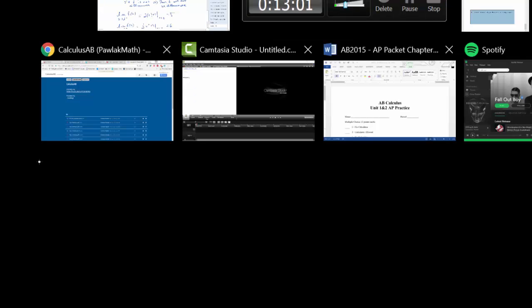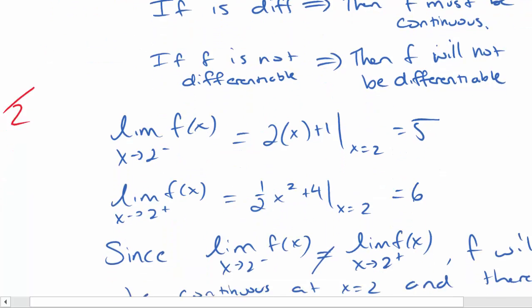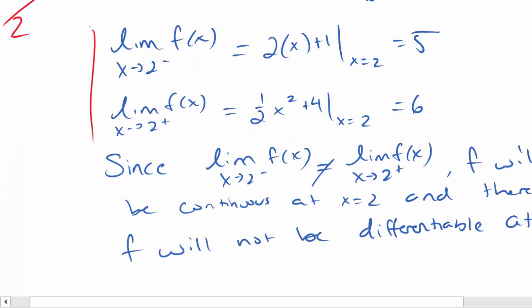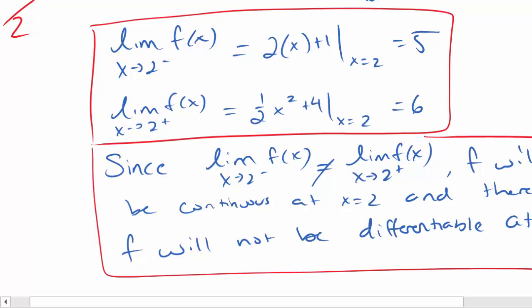For part D, this is only worth 2 points. 1 point for showing that the limit of the left is not going to be equal to the limit of the right, and 1 point for saying because they're not continuous, therefore the function will not be differentiable. Once again, the total is 9, as well as